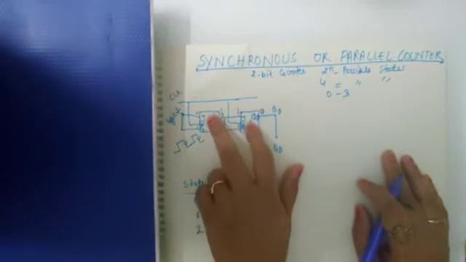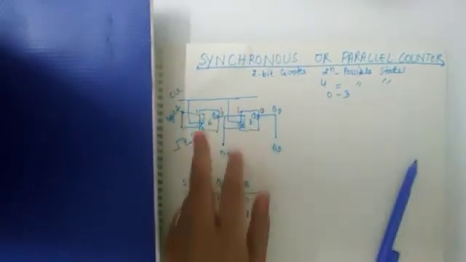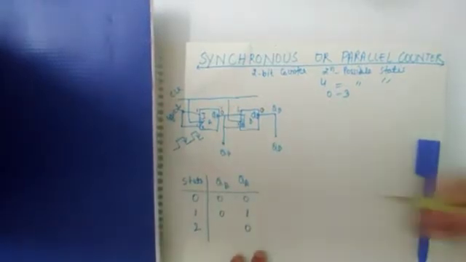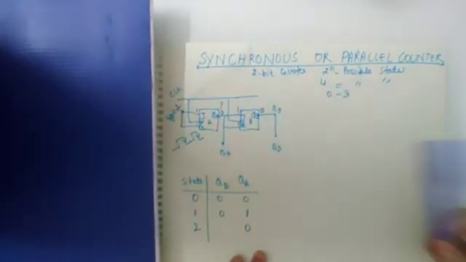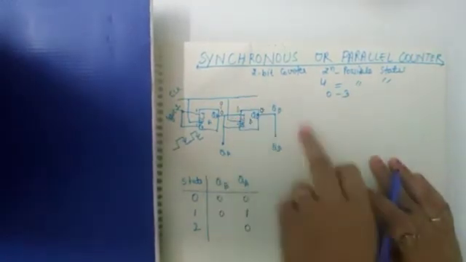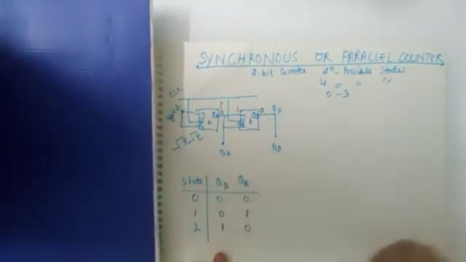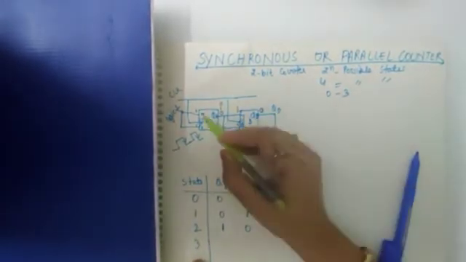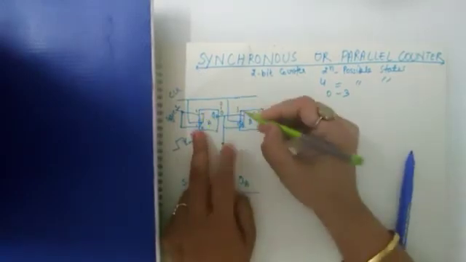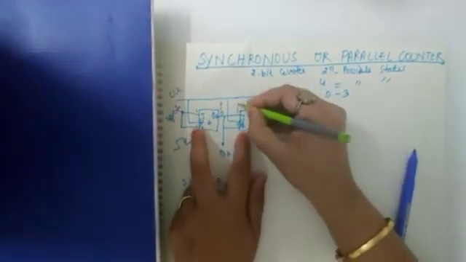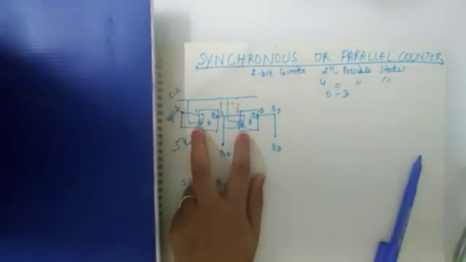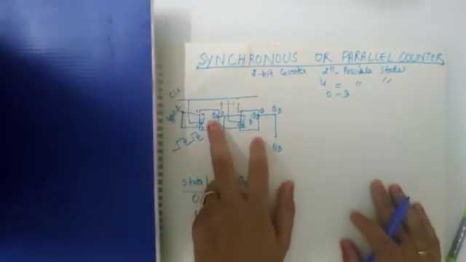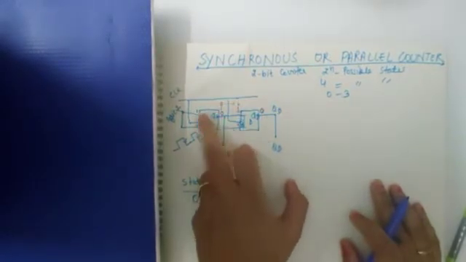So what will happen? The first flip-flop will toggle and produce the output. The earlier state output is 1, so it will toggle to 0. For the second flip-flop the input is 1, so again it toggles and the output changes from 0 to 1. Now the third clock cycle reaches. The first flip-flop input is always 1. For the second flip-flop, this time the input is 0. So what will happen to the output? For the first flip-flop, as the J and K inputs are 1, it will toggle the output.